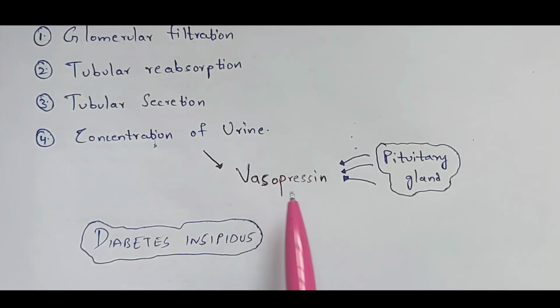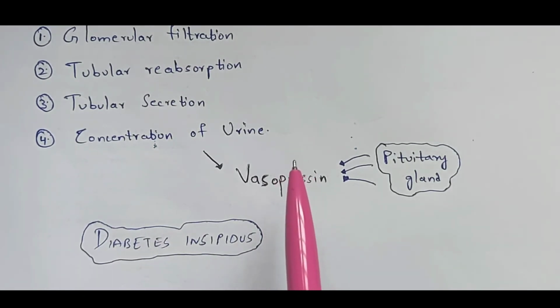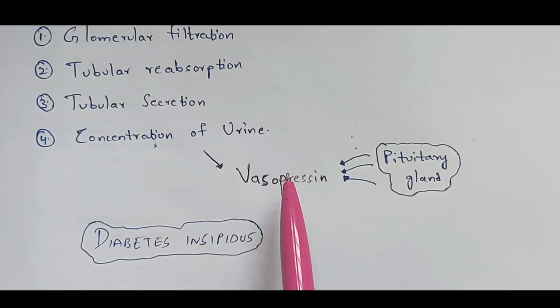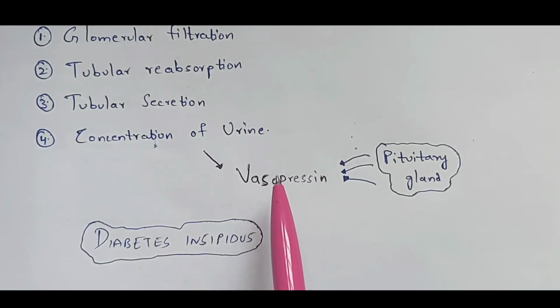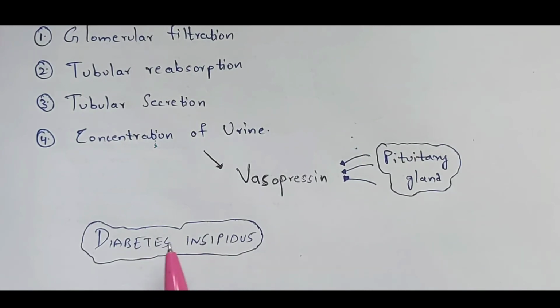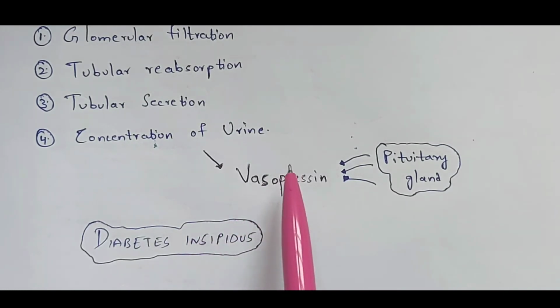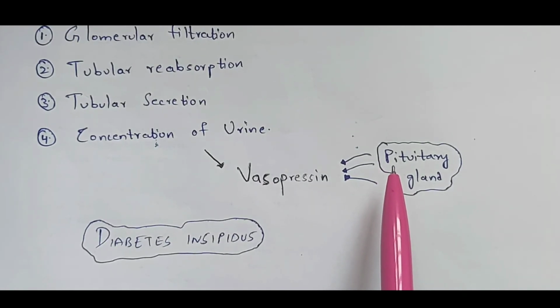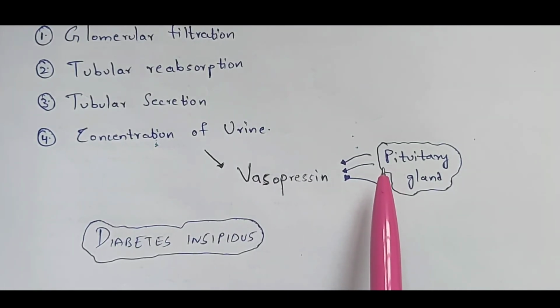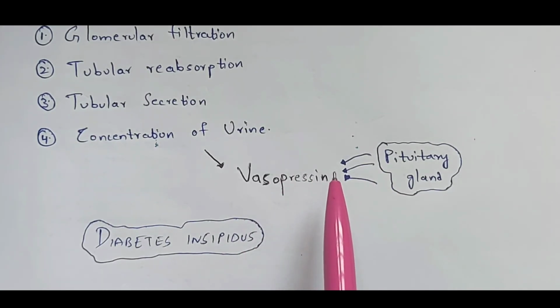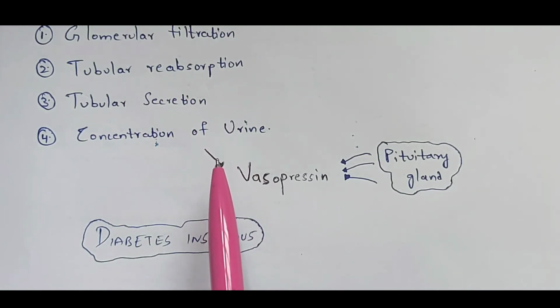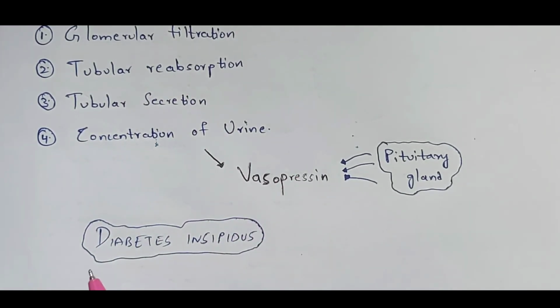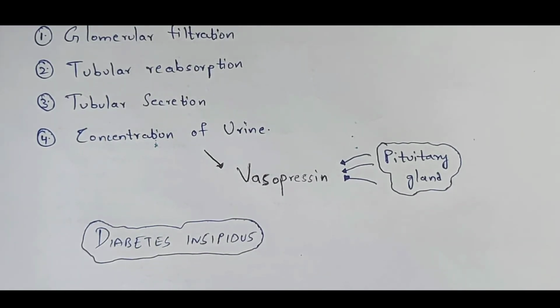Now let us assume that this vasopressin is absent in some people. If this vasopressin is not functioning, then what will happen? That person will develop a disease called diabetes insipidus, right? This diabetes insipidus is a disease which is mainly caused due to deficiency of a hormone called vasopressin, which should be released from the pituitary gland, just below the brain. So this vasopressin plays a major and vital role. Without this vasopressin, the urine will not become concentrated, and it leads to the disease called diabetes insipidus. So this is just the functioning of this nephron.